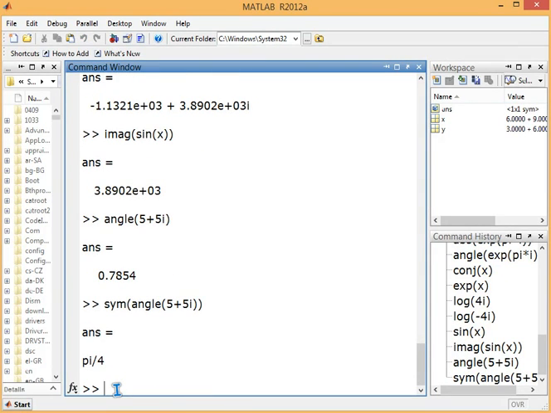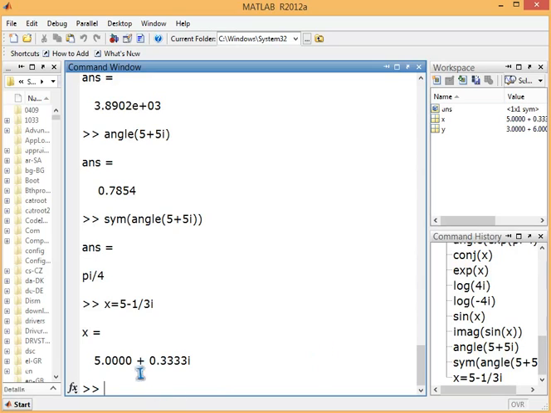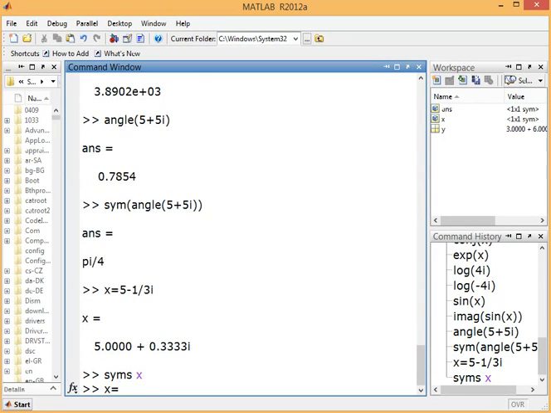And one more thing is, if I have any complex number of this form, 5 minus say 1 by 3i, this is one form, and if I just enter it, it will be transformed to that particular floating point value. I don't want this to happen. What I'll do is, I will do syms x, then x is equal to sym under bracket this particular value. Now all computation will be in the symbolic form.